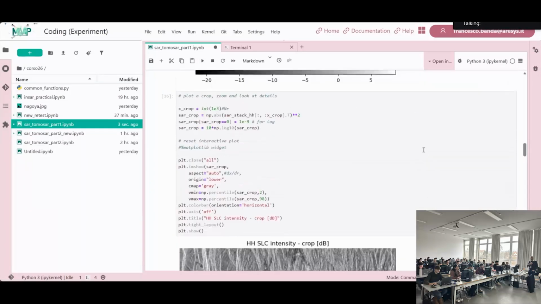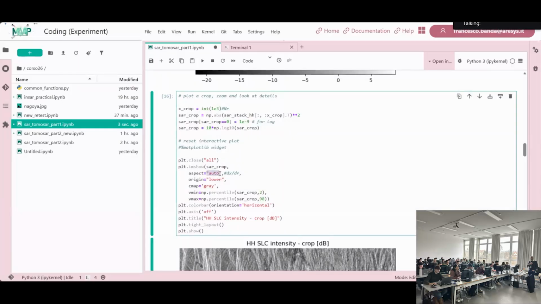I leave you the code visible. So basically, I'm just taking the first 1,000 lines, or you can do an even smaller crop, and then you can just replace the aspect value by automatic, so maybe it tunes itself. I don't know how familiar you are with the plotting. Also here, the origin lower means